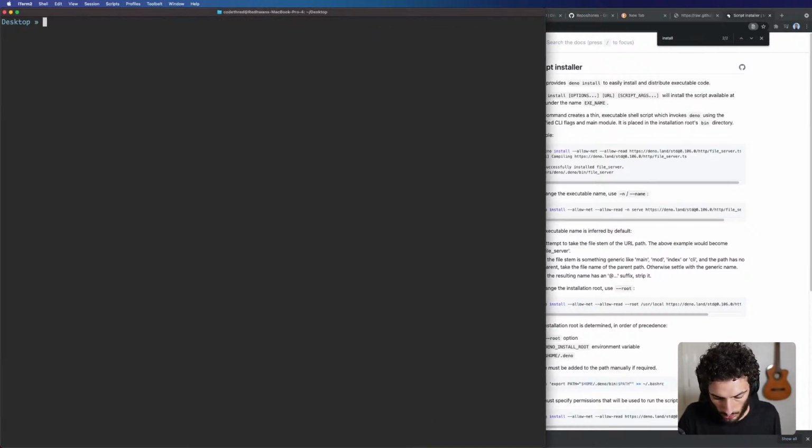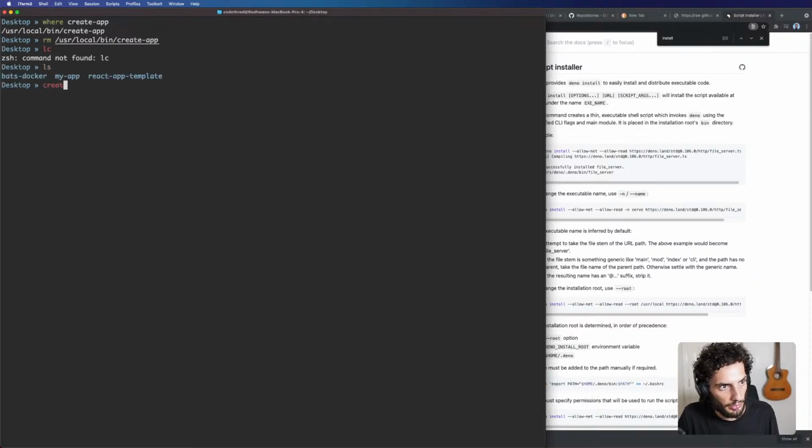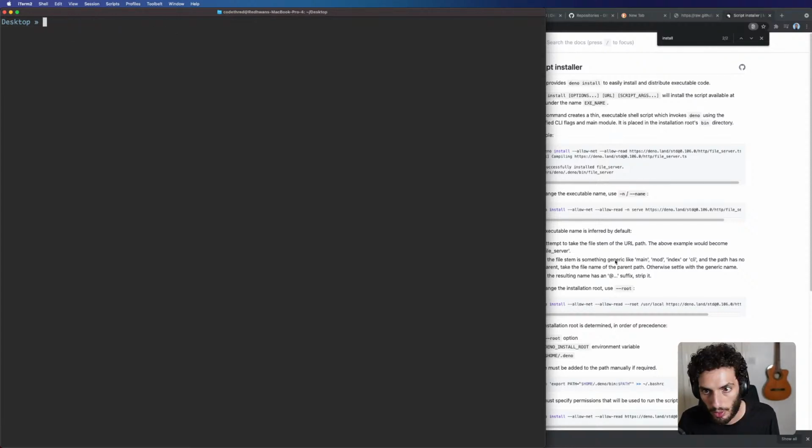So I think I will do that. So what I'll do is I'm gonna create app user local bin. I'm gonna remove that actually, because that's the Vite one. I must have sourced this. Okay, so I shouldn't have any create app. Okay, I don't have a create app now, so I should be able to do Deno install,